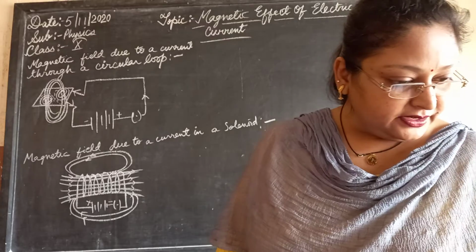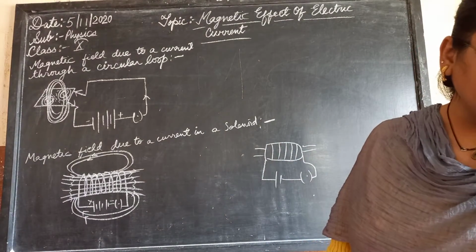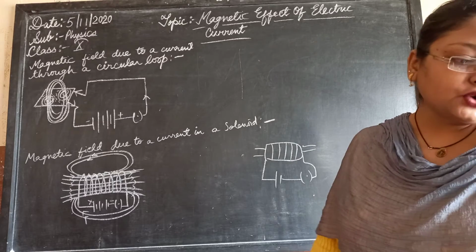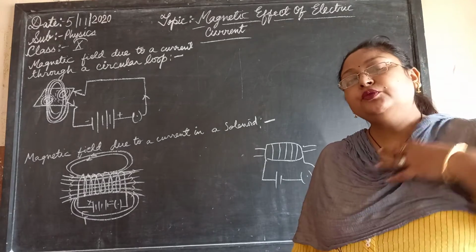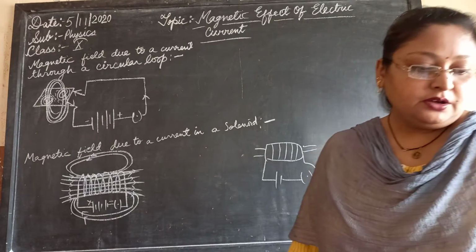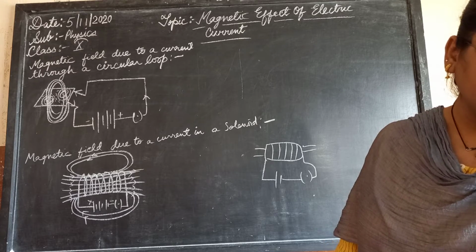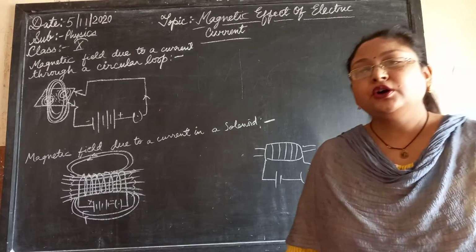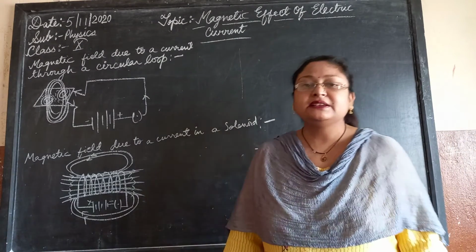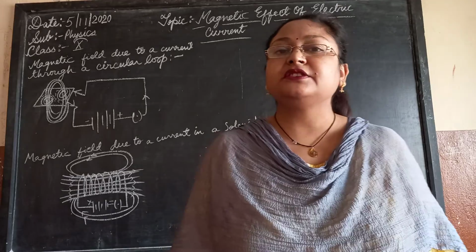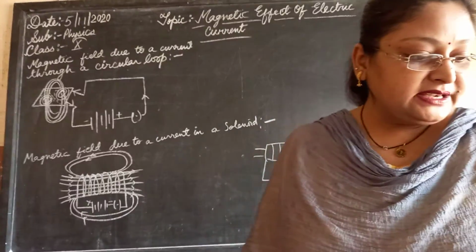Then we have a question on page number 228: draw magnetic field lines around a bar magnet. You can easily draw this. The properties of the magnetic field lines are that they never intersect each other, and they move from north to south direction. Why don't two magnetic field lines intersect each other? Because if they did, there would be two directions at the point of intersection. That is why magnetic field lines do not intersect each other. These are the answers on page number 228.